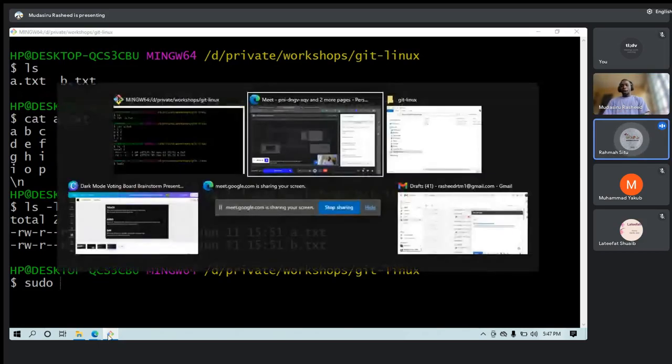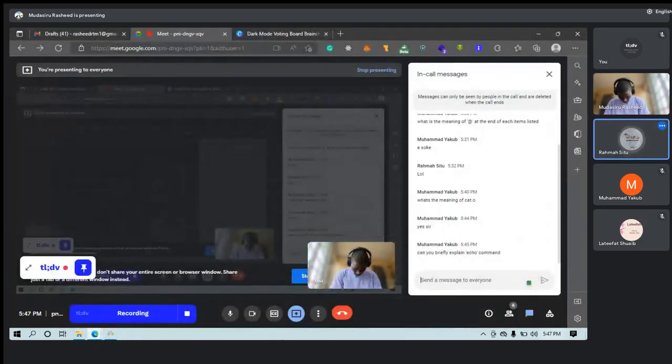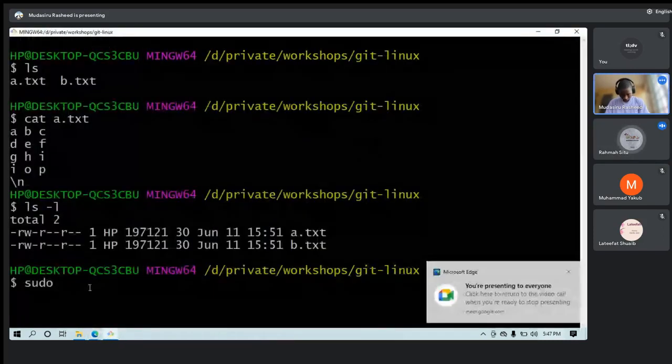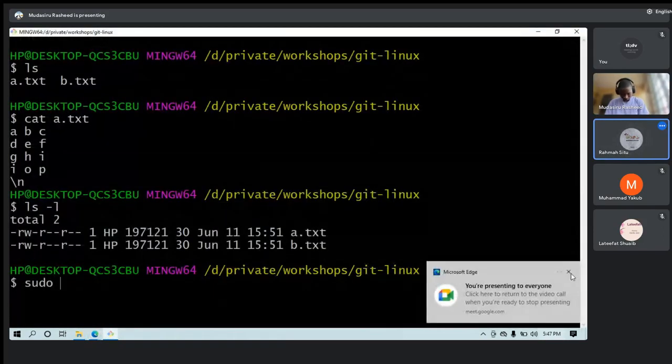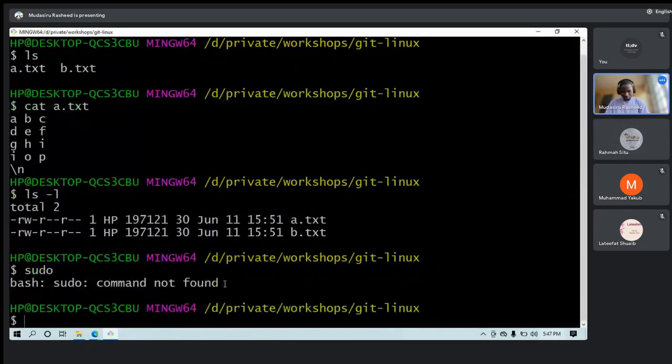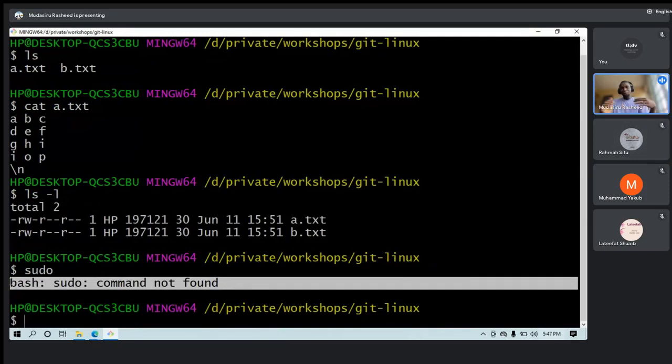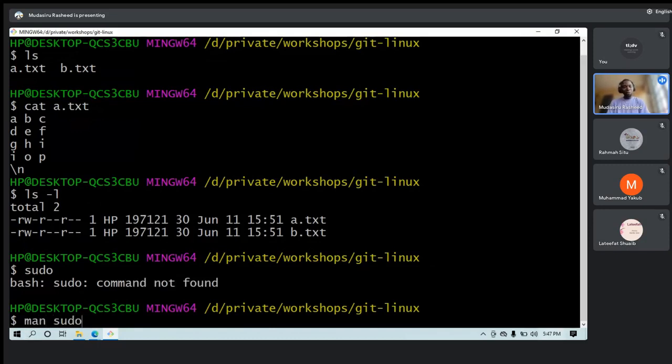Yes, but why did sudo show an error the other time? Are you not the admin there? From the beginning, I mentioned that the environment we are simulating is not 100% Linux. This Bash that we are using, I'm on Windows. I installed Bash to simulate Linux environments. I'm the admin here, but it's telling me that sudo is not a command.